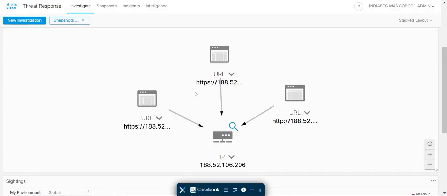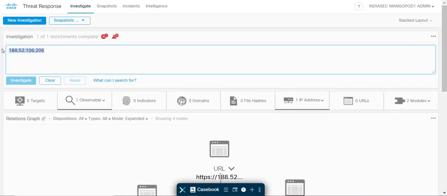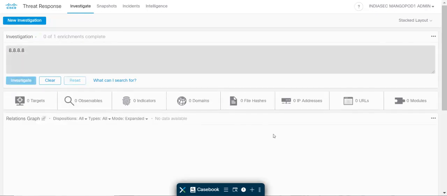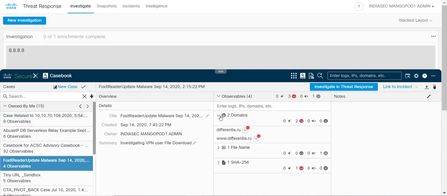it's time to verify whether it's working or not. So you can put an IP, okay, and click on investigate. The other thing that you should also be able to do and verify is, for example, I have this example over here. What you should be able to do is